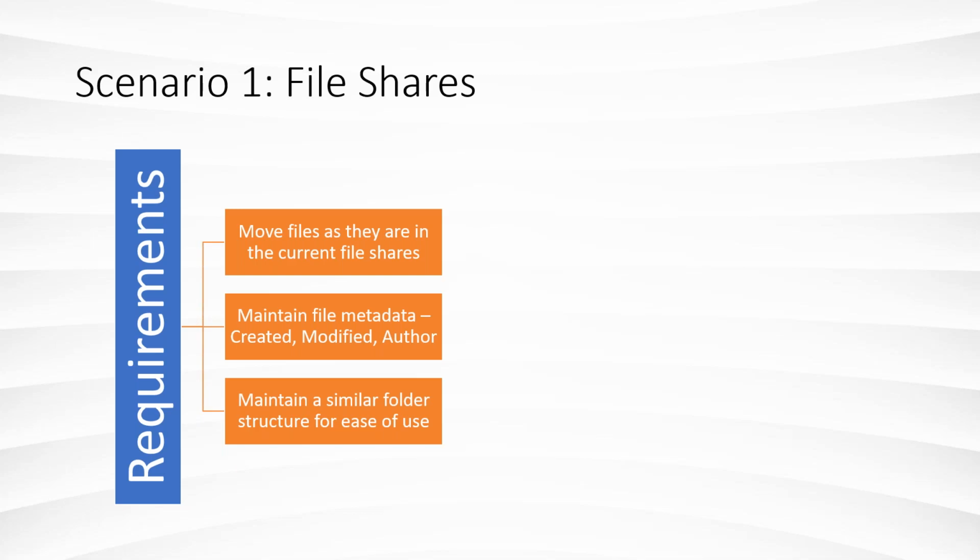When my document moves from the file share and ends up in SharePoint, I want the original author from when it was on the file share, the original modified date, or the original create date. I want all those from the file share version of that as it gets into SharePoint. I don't want a migration tool that is going to replace those with today's date and the account that was used to migrate the data. I don't want that. Right.